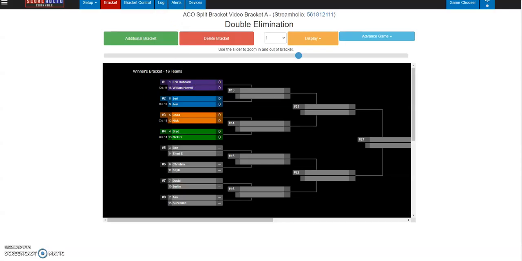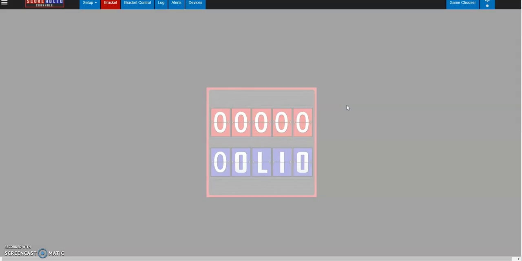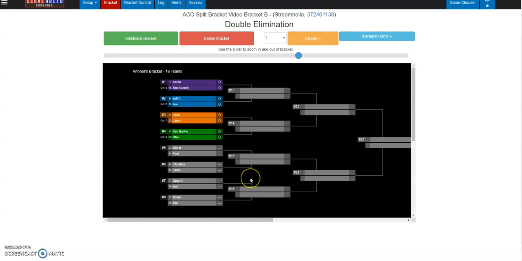Now we have split bracket A, we have split bracket B right here, and just with a click of a button, you can now serpentine your entire bracket after seeding it,